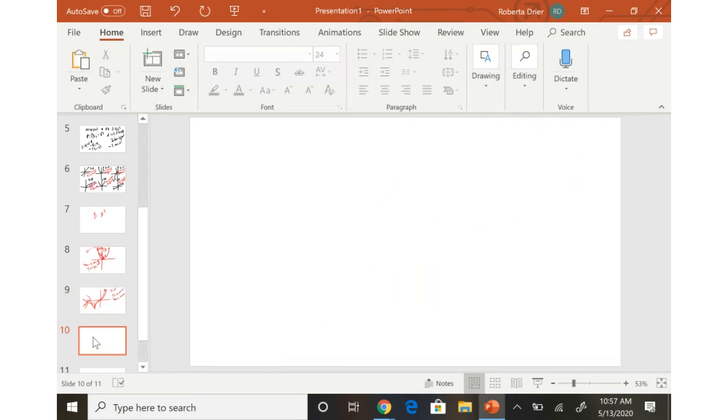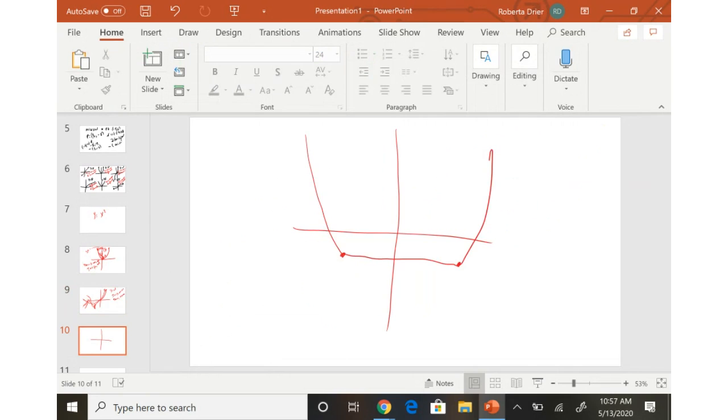All right. Any questions on that? So we're reading it left to right. When are we going up? When are we going down? Let's say this is f of x. This is the point (-4, -1). This is the point (4, 1). When is it increasing? When is it decreasing? When's it constant?